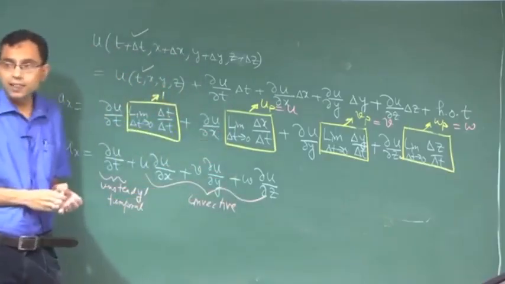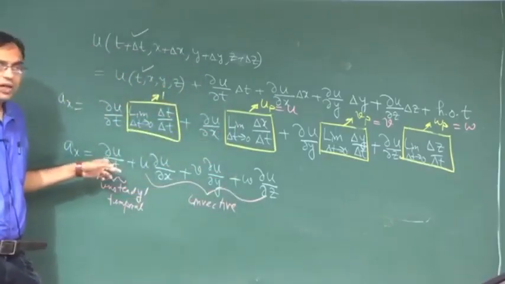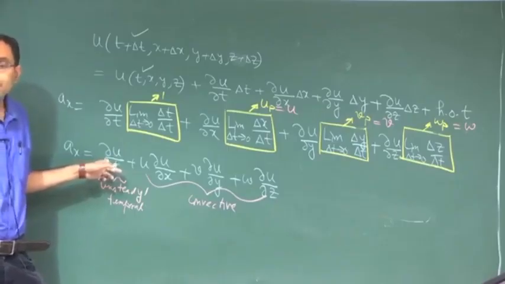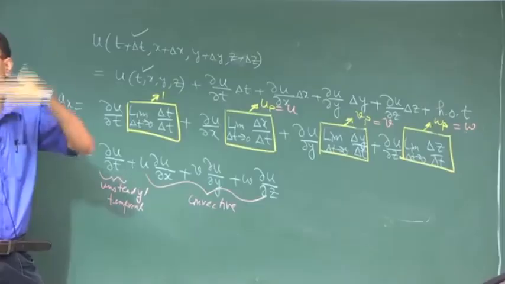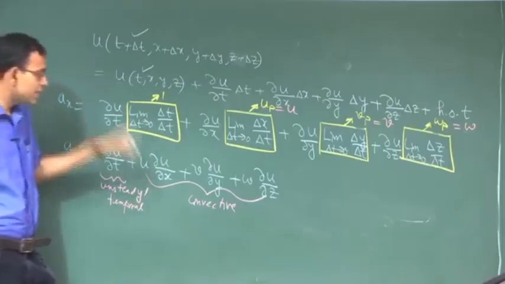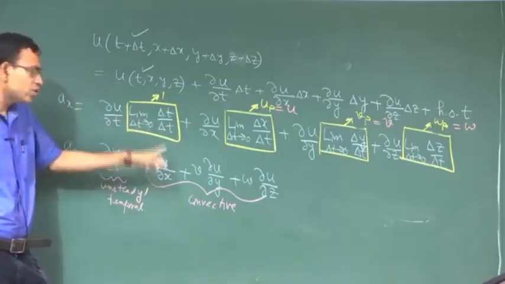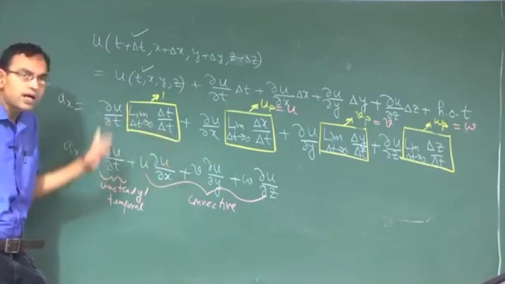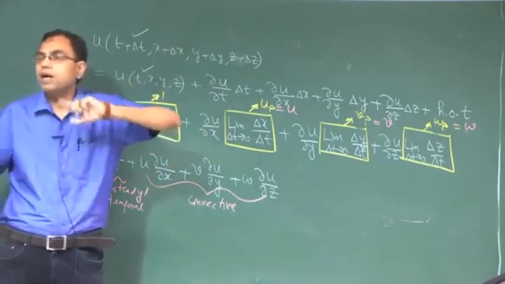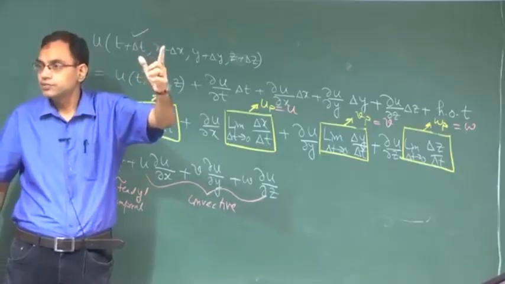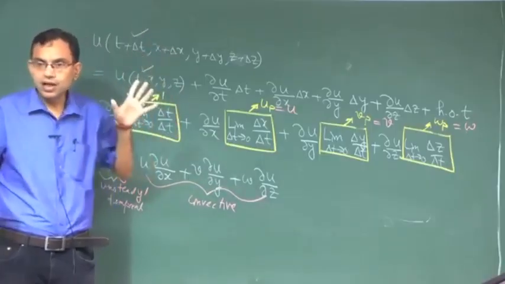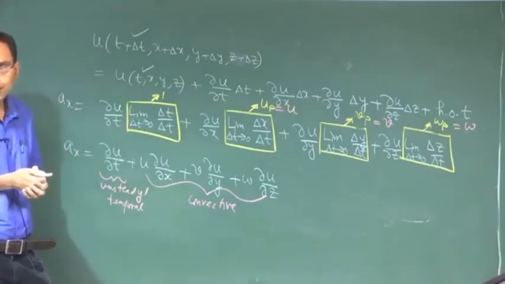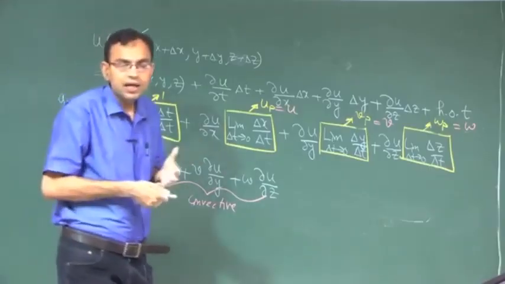So physically this is the change of velocity, acceleration due to change of velocity at a given location just due to change in time, and this is physically due to the migration of the particle with fluid flow from one location to another where the particle finds a different flow field. So the net acceleration is a combination of these two, and you cannot really say what is the net